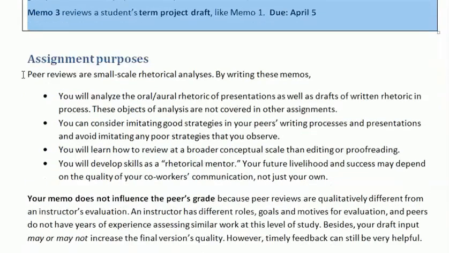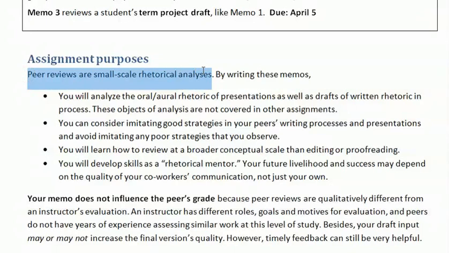And of course, keep in mind that these are small-scale rhetorical analyses, and these goals really help you to understand why you're doing what you're doing. And if you're overlooking some of these goals, sometimes you can go off track in your content. When you're doing your